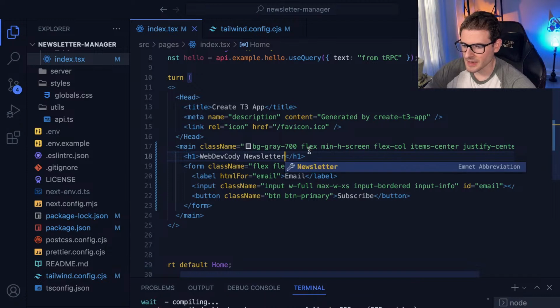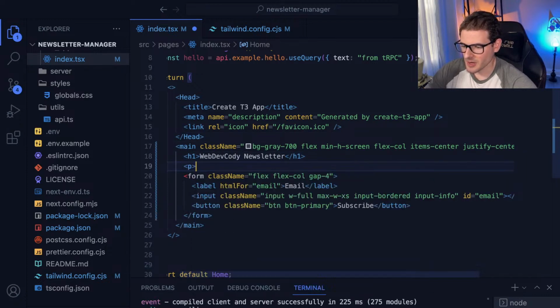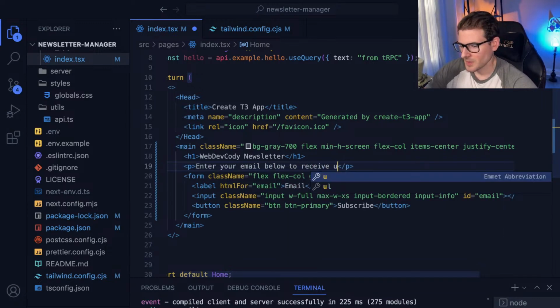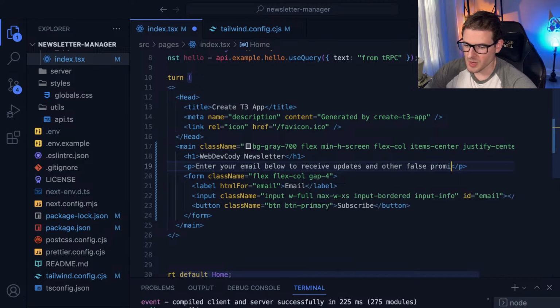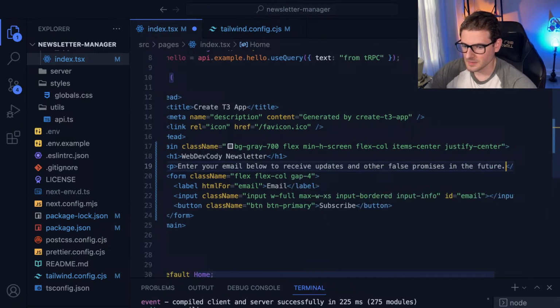I could actually type letter, not news less. And then I'll put a paragraph here and it says, enter your email below to receive updates and other false promises in the future.